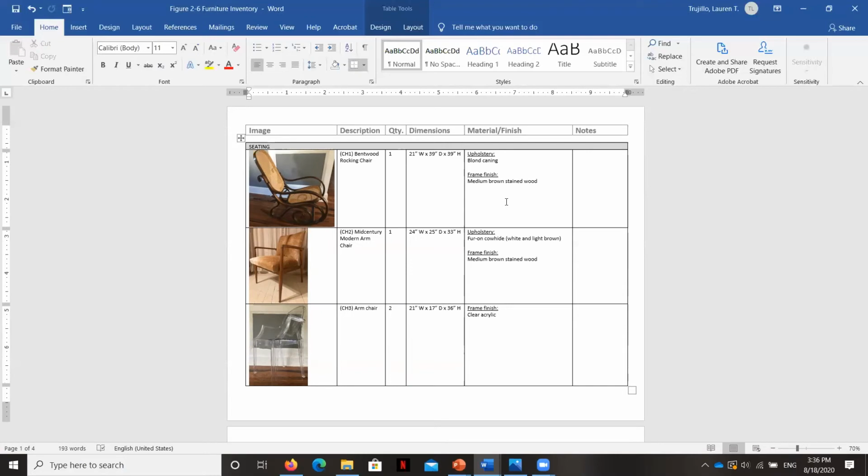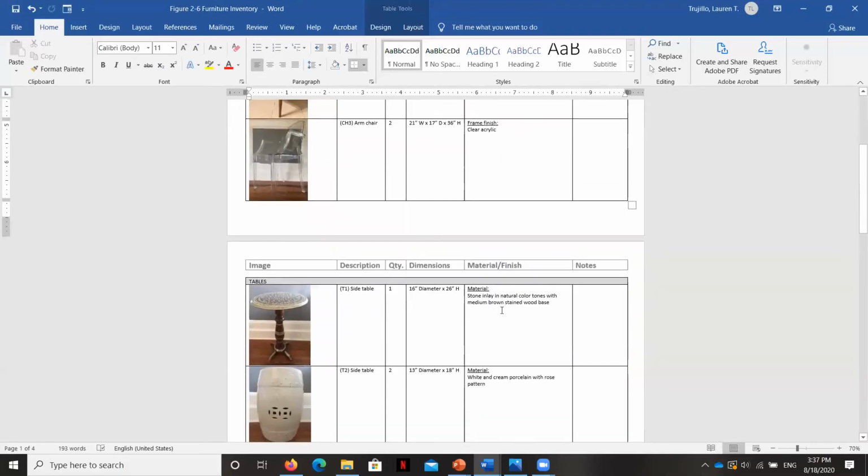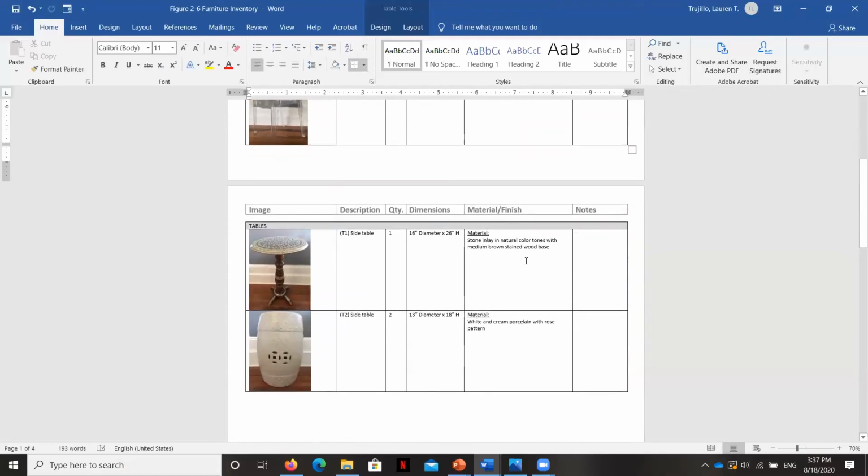I'm able to access this furniture if I absolutely have to, but I decided to give it a really good description. So you can see here, I've broken these down into upholstery and then frame finish and I've given a description as well. You can see here that a good design vocabulary is helpful so that you can refer to caning, for example, or fur on cowhide in this specific type of upholstery. There are some things that are not upholstered, and so you can see here, I just got rid of that heading. You can see here that there's some things that I cannot do much more than just describe the material.